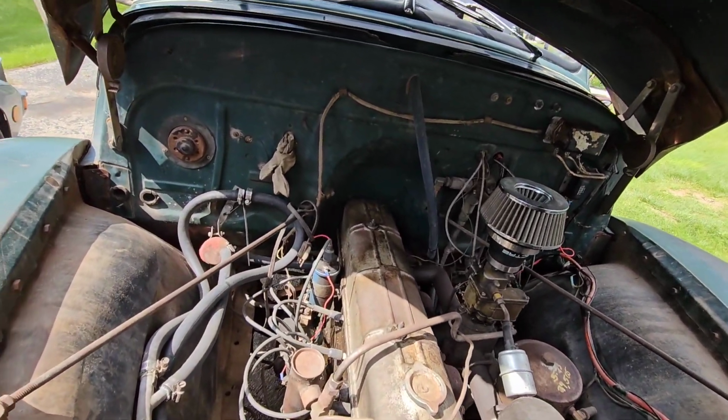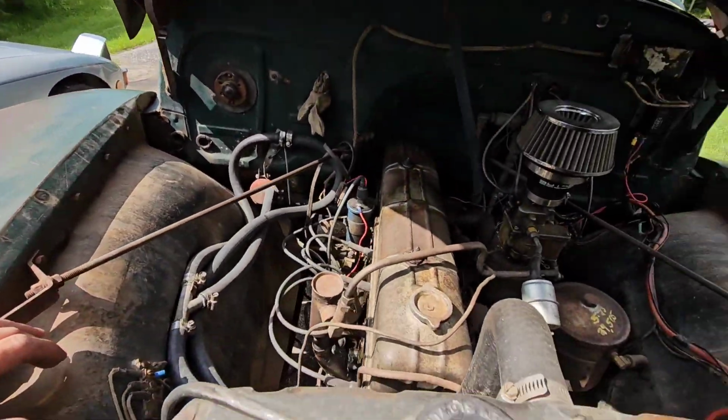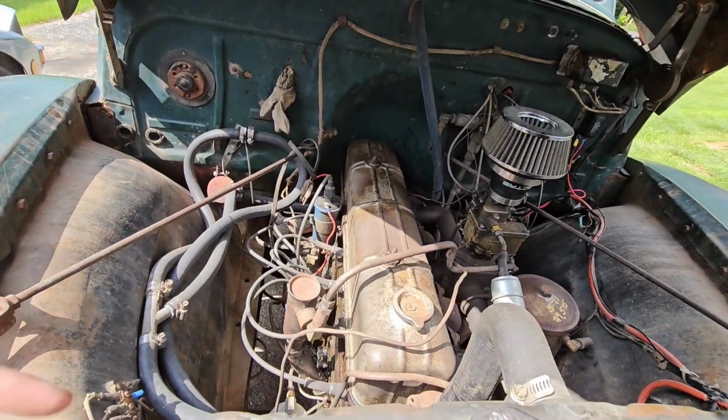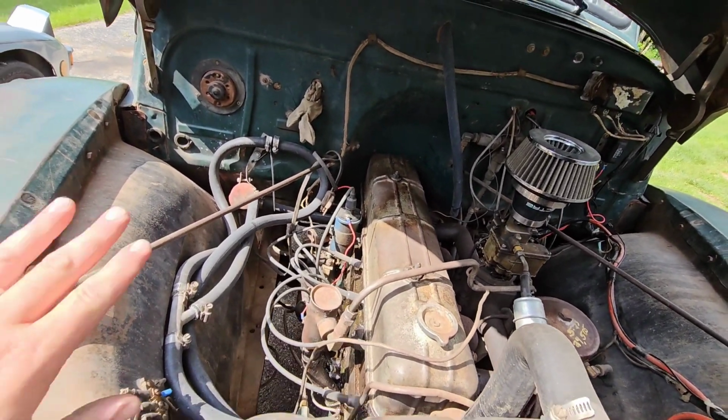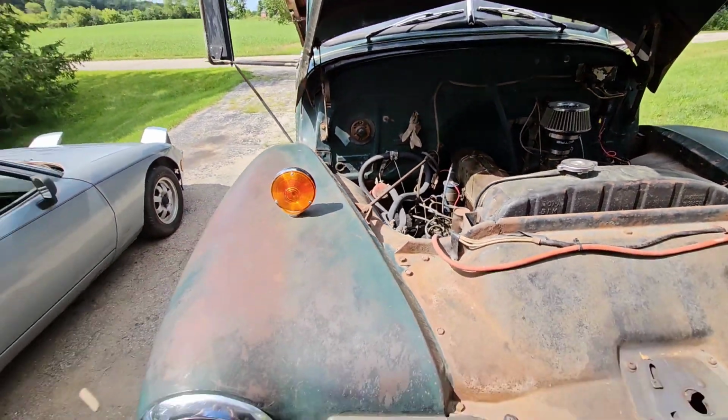But I don't know, I just like to do it once a year regardless of the miles, because it gets started up and moved around and shut off, and I just like to keep it fresh as much as I can to try to keep that old six-cylinder alive. Before I forget,